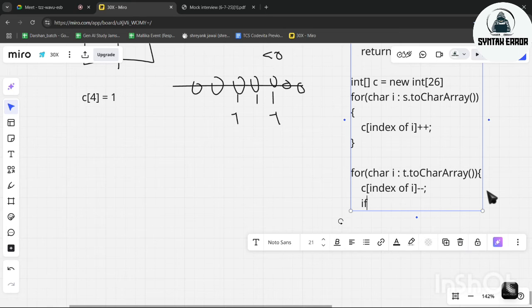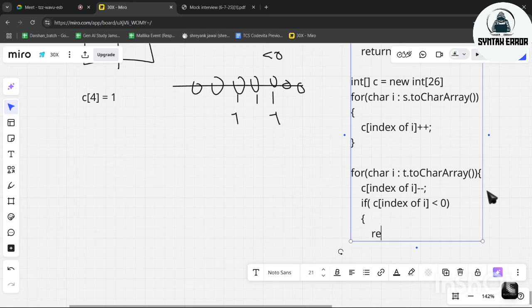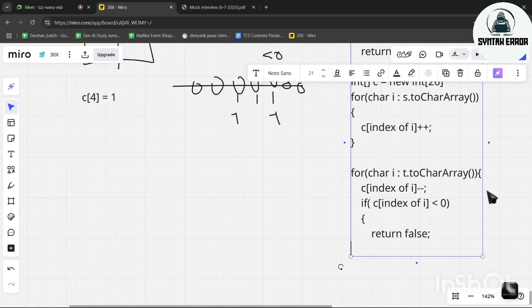That's why we will write here that if C of that index is less than 0, then just return false, because this cannot be an anagram. Okay, next, here there is no code, it will go to the next iteration.